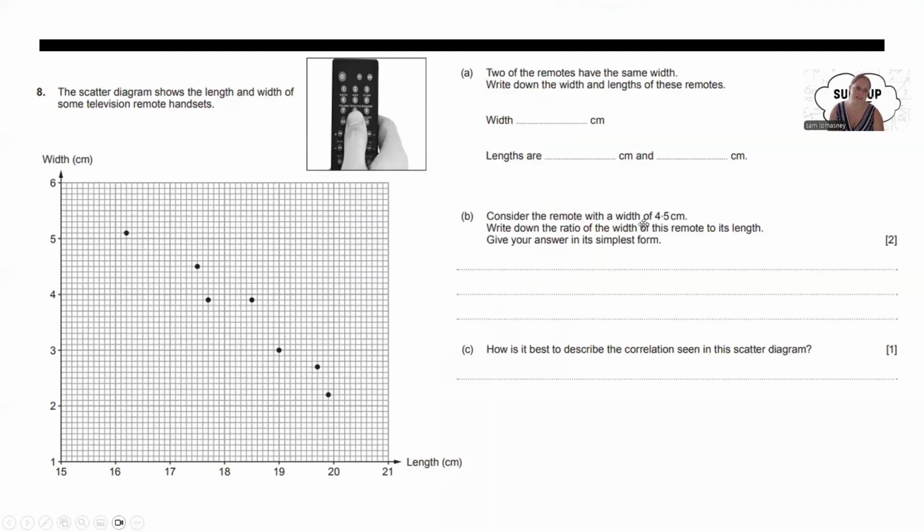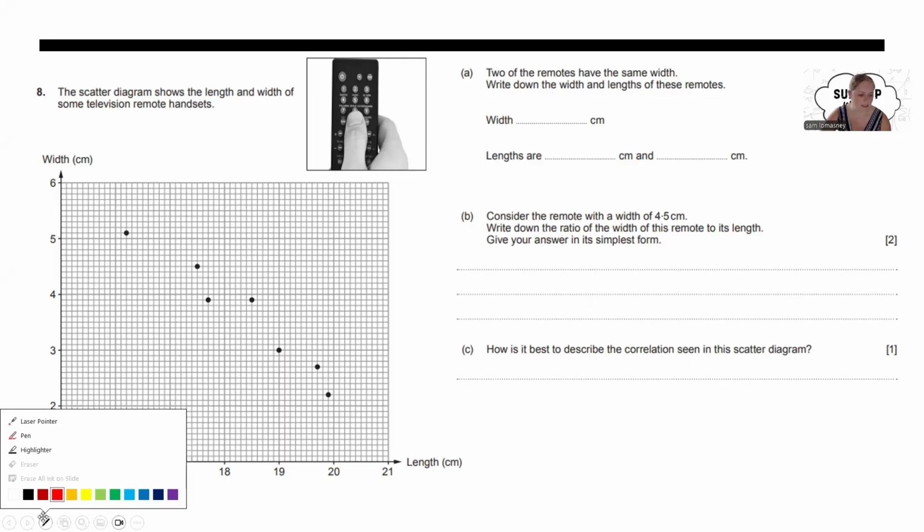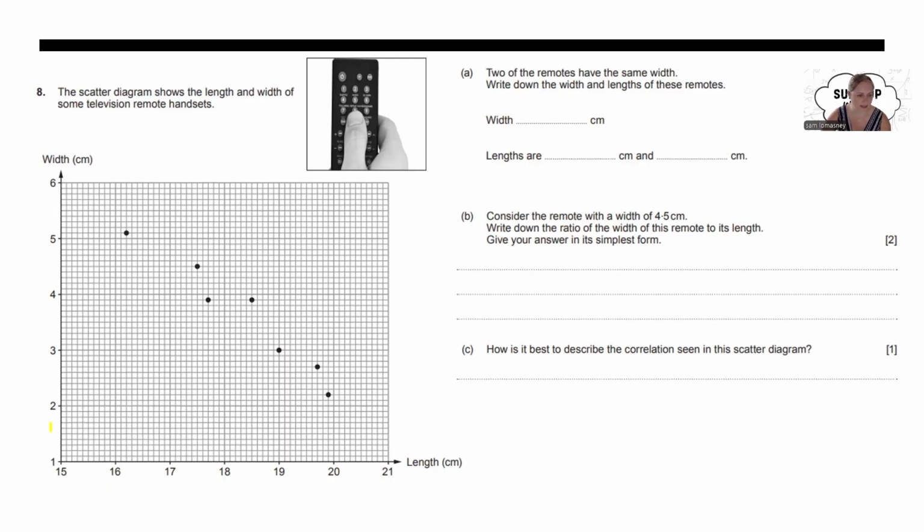First question, we've got a scatter diagram that shows the lengths and the widths of some television remotes. The first question says that two of the remotes have the same width, and we need to write down the widths and lengths of these remotes. The first thing I'm going to do is highlight quickly which ones have the same width. That one's only got one, that one's got one, and you can see here these two have the same width. If you follow that line straight down, you'll see there's a section by here we need to measure,